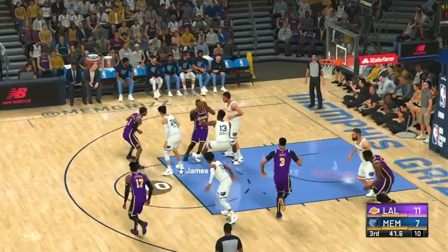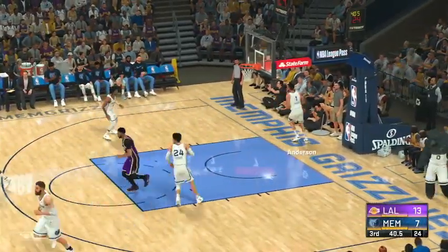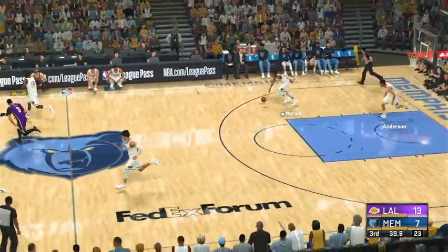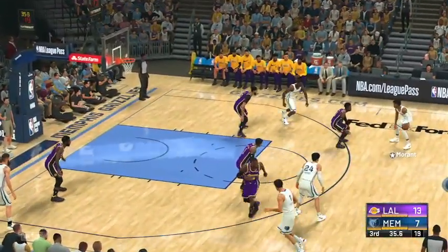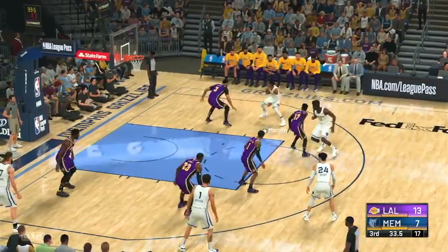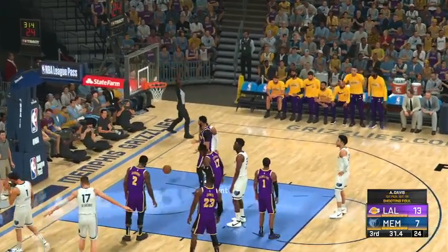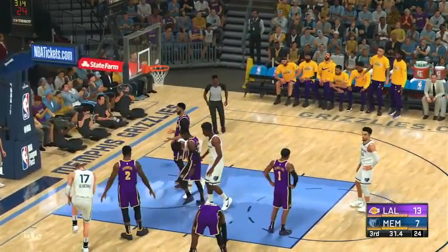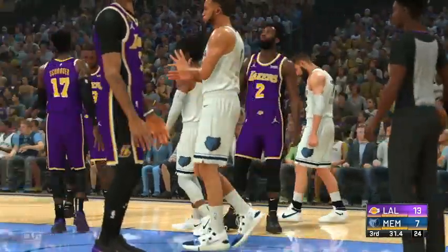43 seconds left to play in the third. And it's slammed in by Davis. Oh, the timing on the play is exceptional. Davis arrives right on cue. Slam in. Here's Morant. And that'll be 2 free throws coming up. Officials on the call with the foul. And judging Morant's game early on,